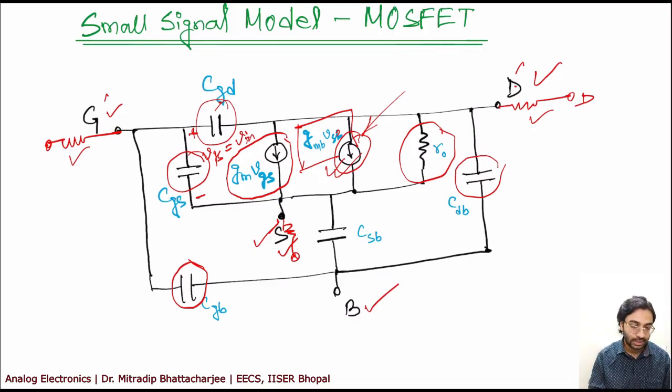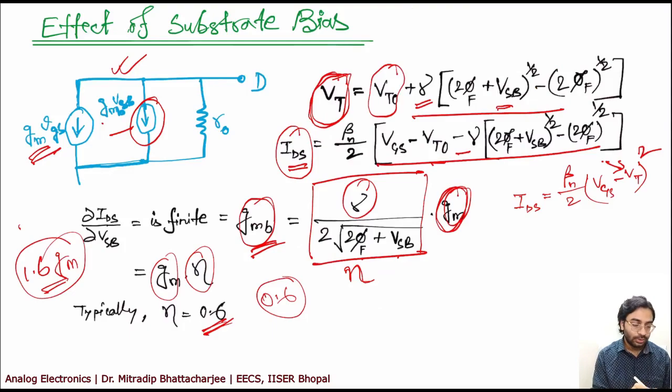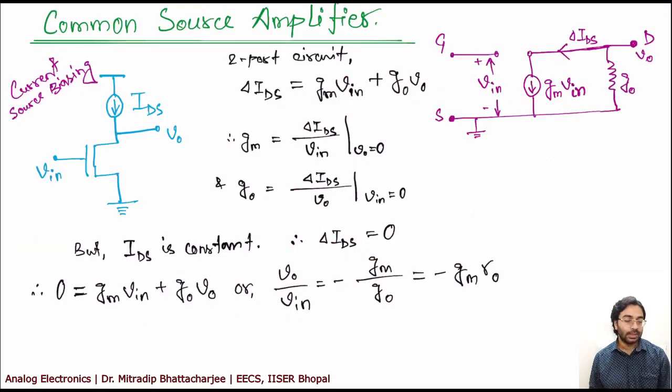So that is why we put the whole thing. Okay, so it is called effect of substrate bias. I hope this is clear. Okay, and then let us check the common source amplifier